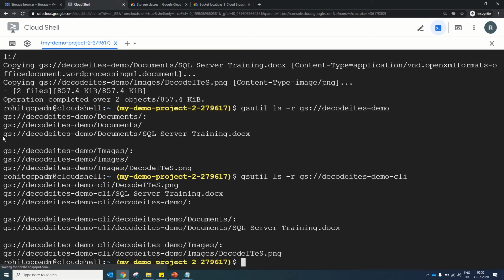Now you can see in the old one you have a SQL training docx available under the document folder. The same thing is available under document in the new one, and the image is available inside the image folder, similar to the old one.